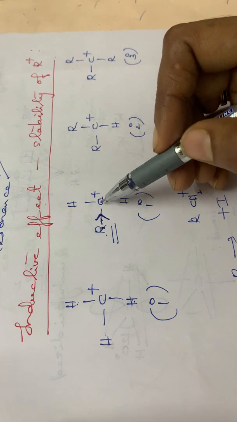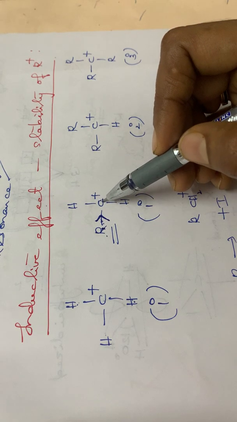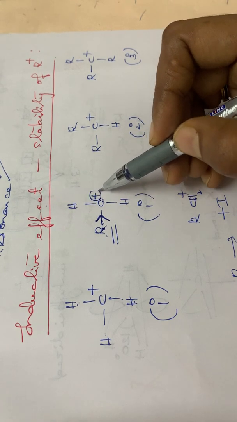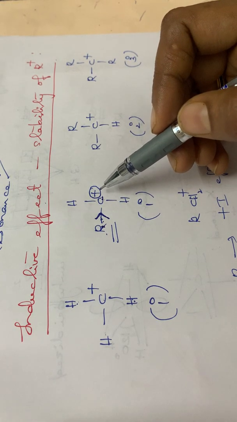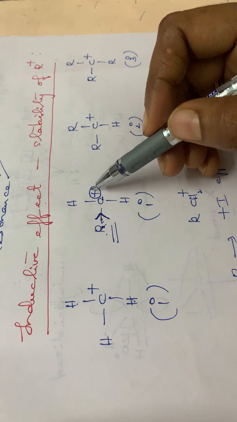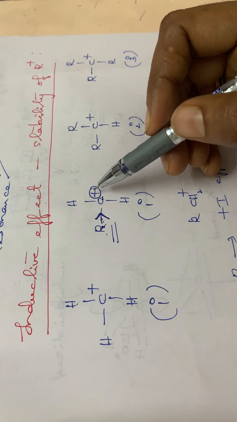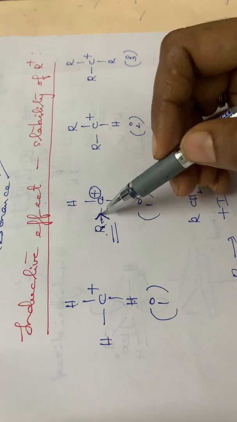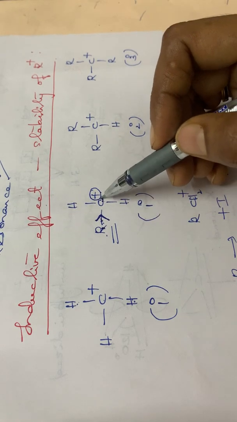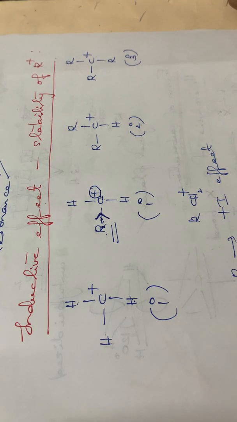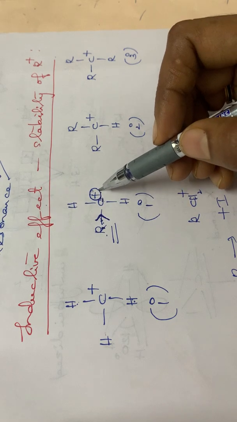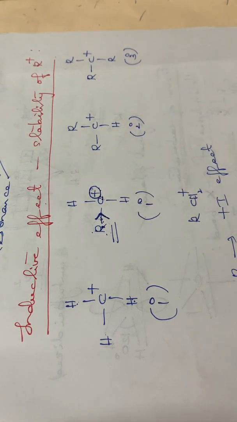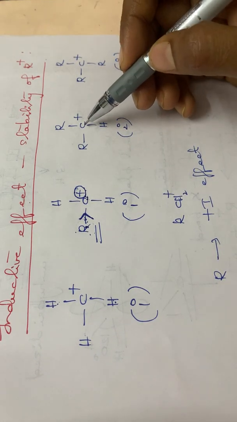What happens while the electrons are displacing towards this carbon atom? What happens to the intensity of this positive charge? The intensity of the positive charge will be decreased, isn't it? Gradual neutralization of this positive charge will be taking place due to the shift of the electron pair from this alkyl group to this carbon atom. The intensity of the positive charge will be decreased due to the presence of this alkyl group.